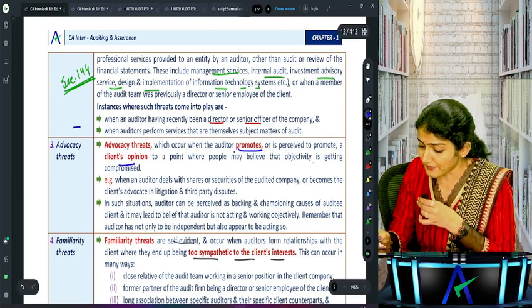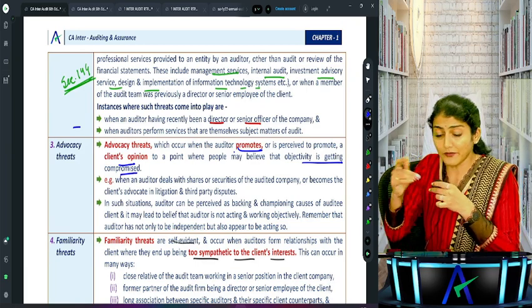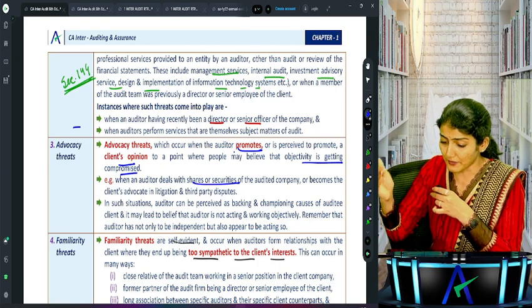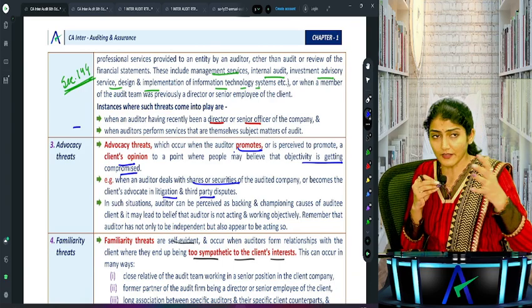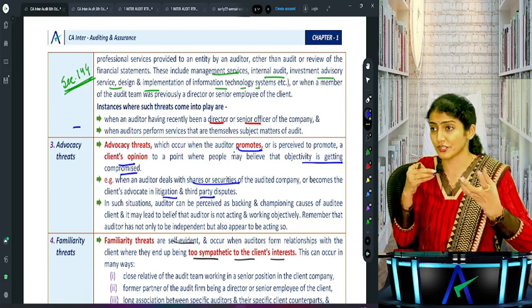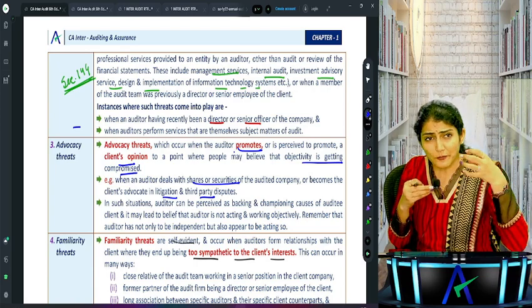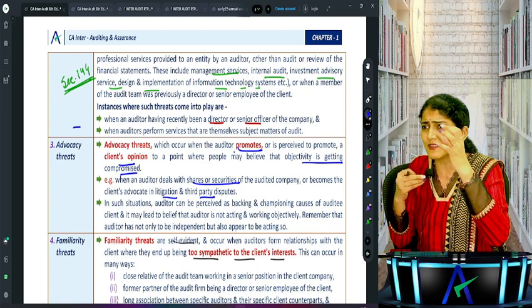To the extent that it feels that the objectivity of the CA is getting compromised. And when will that happen? When the CA is dealing with shares or securities of the audited company, or is handling the litigations and the third party dispute. Right, so you're saying, no, my client has never done any fraud. You're handling litigation, or you're saying the shares of this company are very good. So you're being so pressurizing or so much in favor of the client that